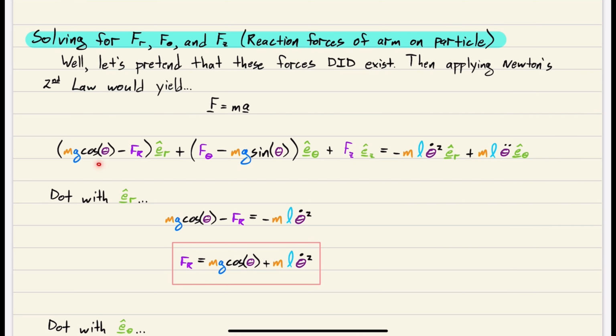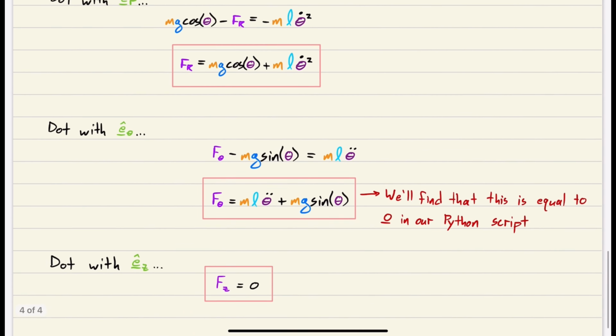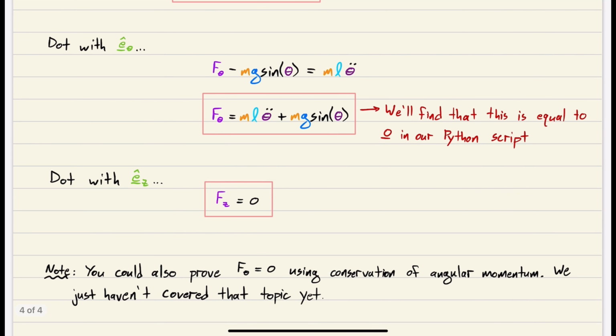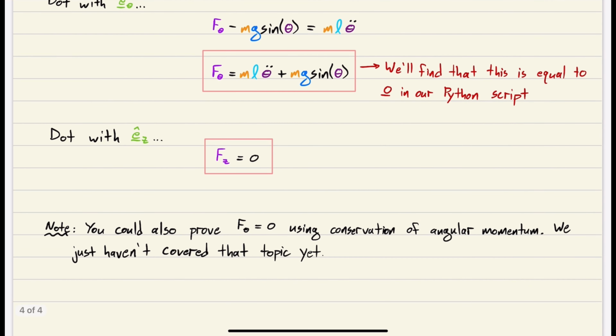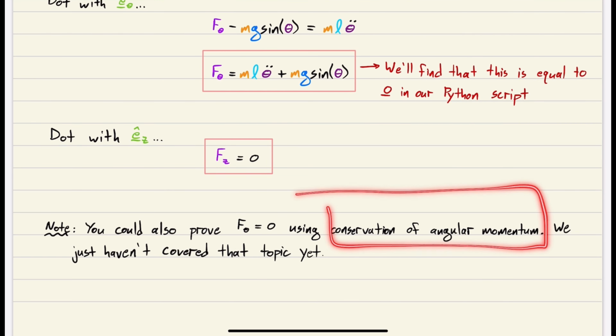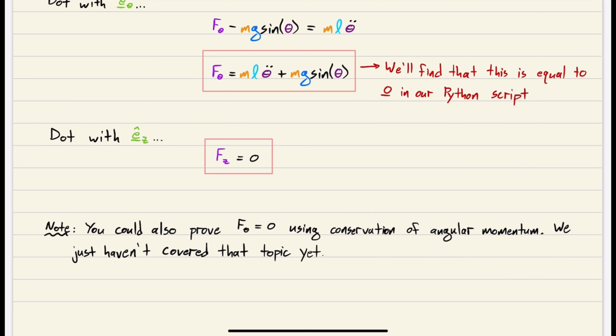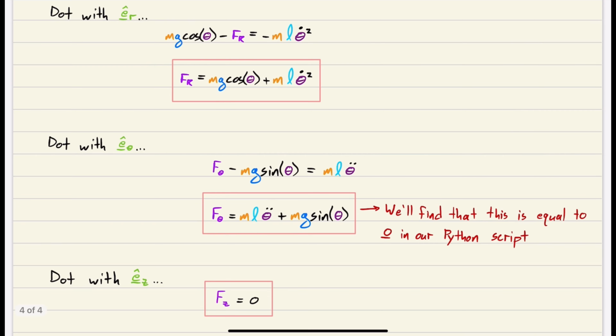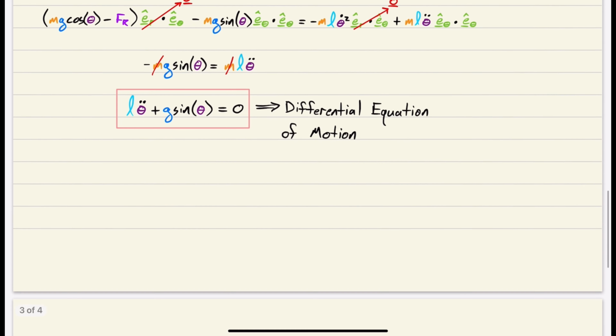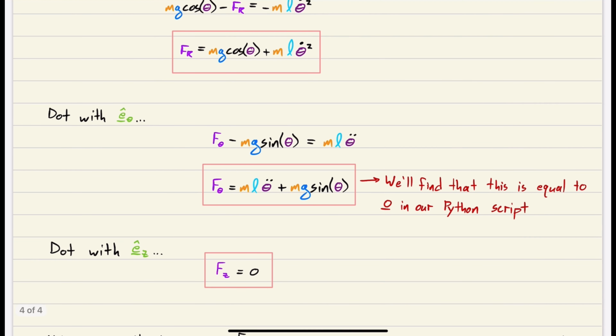So when you dot with EZ, this goes away, this goes away, this goes away, this goes away. So all we end up with is FZ equals 0. That one's the easiest one to see. I have this little note down here: you could also prove that F theta equals 0 using conservation of angular momentum. We just haven't covered that topic yet, but if you use that approach, it will show you pretty straightforwardly that F theta equals 0. But we're going to stick with what we know so far, and let's go over to the Python script and see our animations for the pendulum,